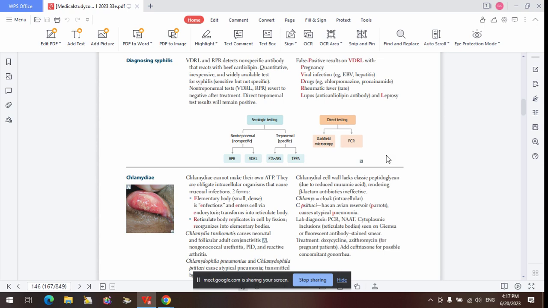So they removed it. So I don't know why they removed it. Maybe they don't want to test questions on it again, or they just decide to remove it because it's irrelevant. I don't know why. So that one is their own headache. But it's still good for you guys to know that there's this Jarisch-Herxheimer reaction that happens when you commence